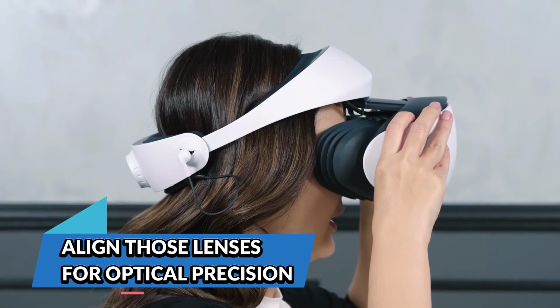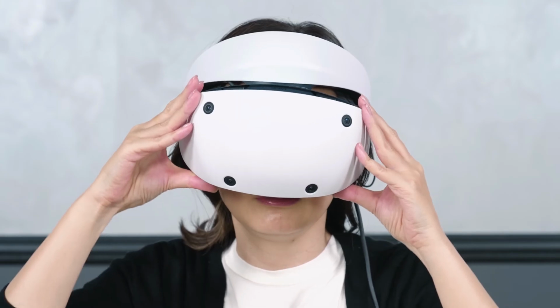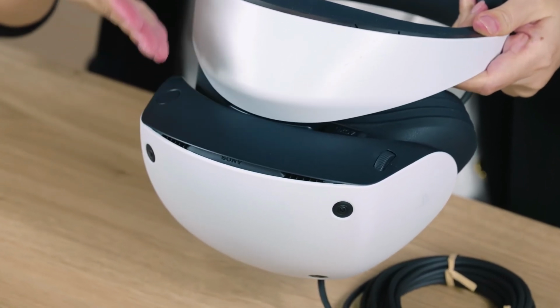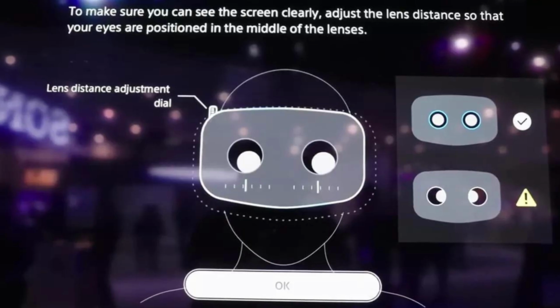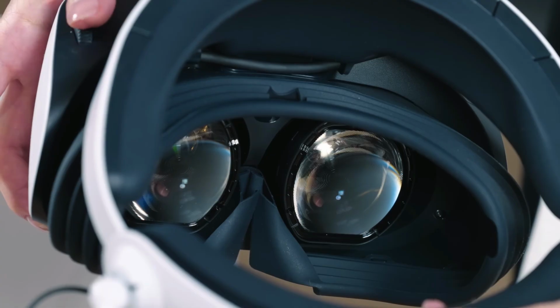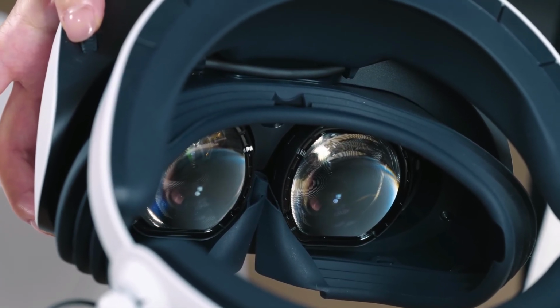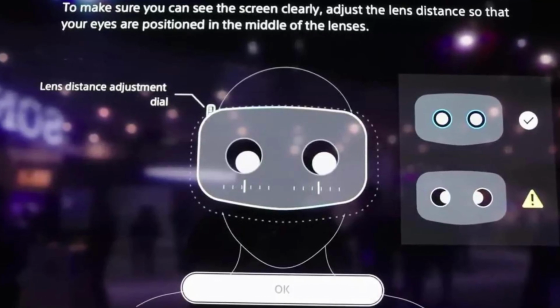Align those lenses for optical precision. If you're still seeing blurry visuals after adjusting your fit, the next thing to look at is lens alignment. Unlike the original PSVR, the PSVR2 features a physical adjustment wheel on top of the headset that lets you modify interpupillary distance, IPD. That's the distance between your eyes. If your lenses aren't matched to your IPD, even by a few millimeters, it can cause peripheral blur, focus issues,